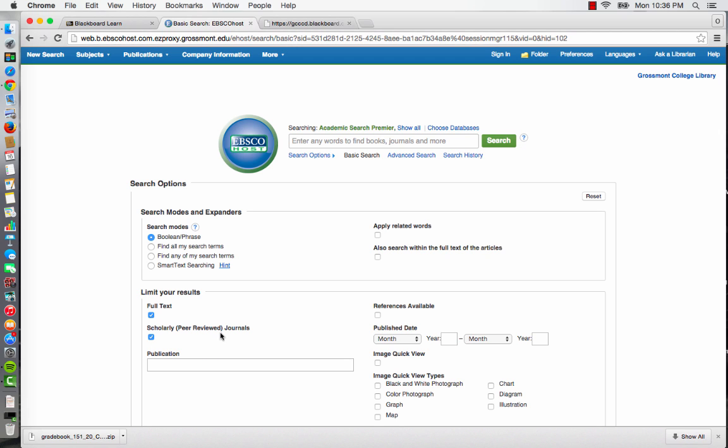Now, one note about terminology here. When I say the term journal, I mean magazine or periodical. So I'm going to use those terms interchangeably for the remainder of the video. Journal, magazine, periodical, all pretty much the same thing. And to make the distinction between EBSCO, journal, and article: remember, article is the actual item you're going to be looking at. Journal is the magazine which contains a series of articles, and EBSCO is the database which contains a variety of